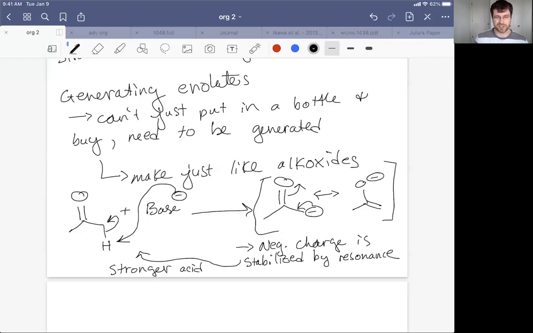Even though the CH is inherently not that acidic, anytime we can stabilize the conjugate base of something, we make it a stronger acid. So that's what's happening here. This particular hydrogen, the one right next door to that carbon, is more acidic because the conjugate base, the resulting negative charge, is stabilized by resonance. Okay, and I should capture that. So because the negative charge in the conjugate base is stabilized by resonance,